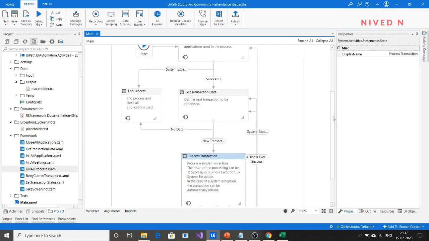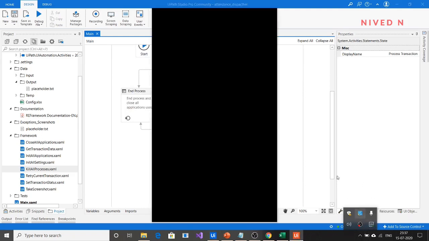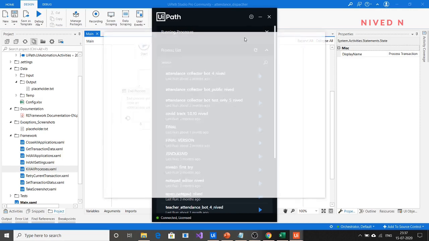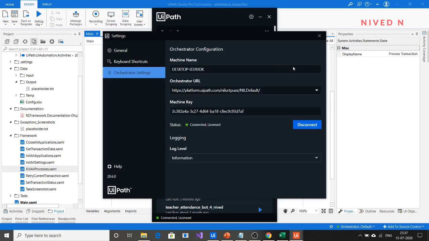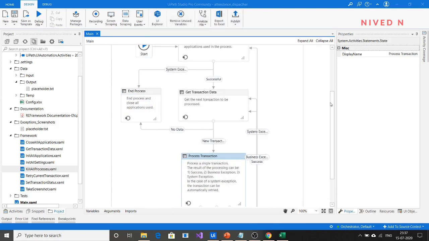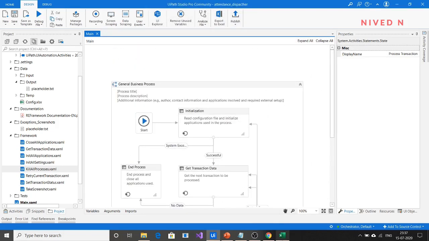Before running it, try to check whether your UiPath Assistant is connected with the orchestrator. Just check it. Yeah, it's connected. Good. Just close this.